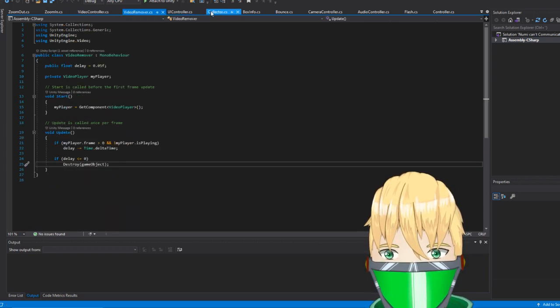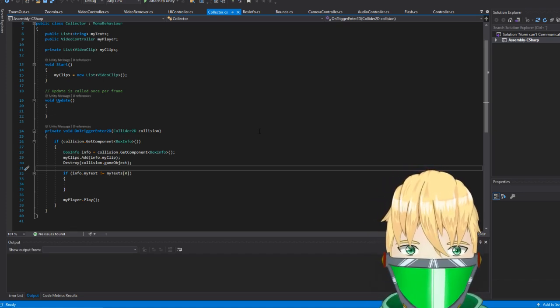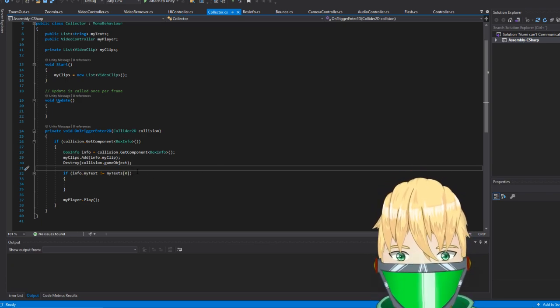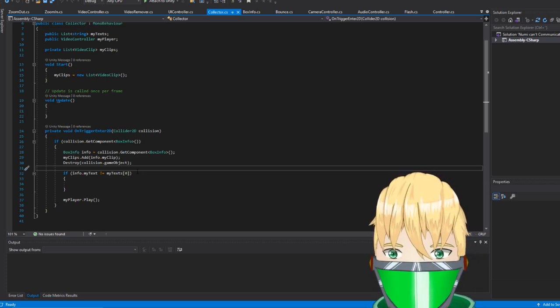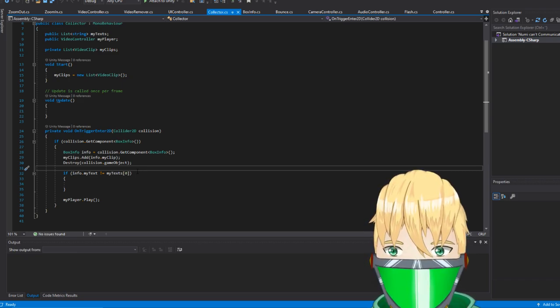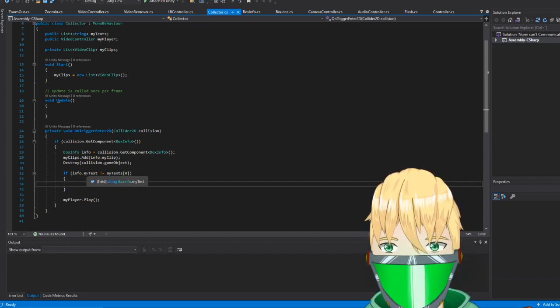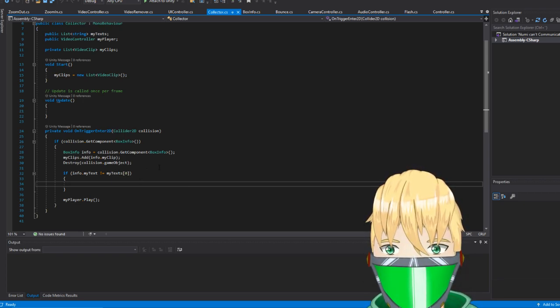Okay. So we have our collector here first. What we want now is to actually collect the things correctly. So if you get it into the wrong order, it will start playing it, or if the list is empty, it will also start playing it. So for example here, if my text is not this, we will send our clips, we'll add them to the video controller, I guess.